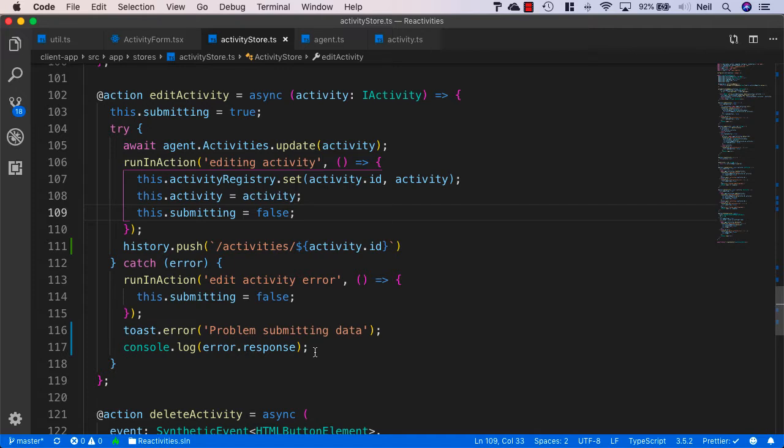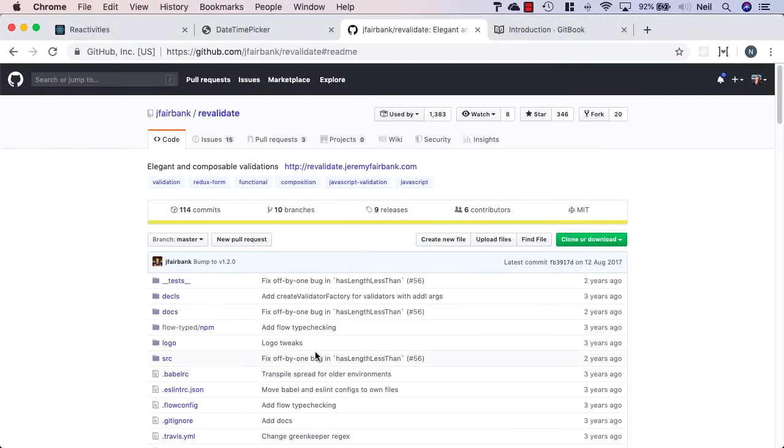So server-side validation is extremely important, and client-side validation is a nice to have, and it also prevents our browser from trying to send up invalid data to our server. But it's not bulletproof and it's very easily worked around, and there's nothing you can do about that. But what you can do is include server-side validation to prevent that from happening. But what we're going to do now is take a look at client-side validation, and what we're going to do